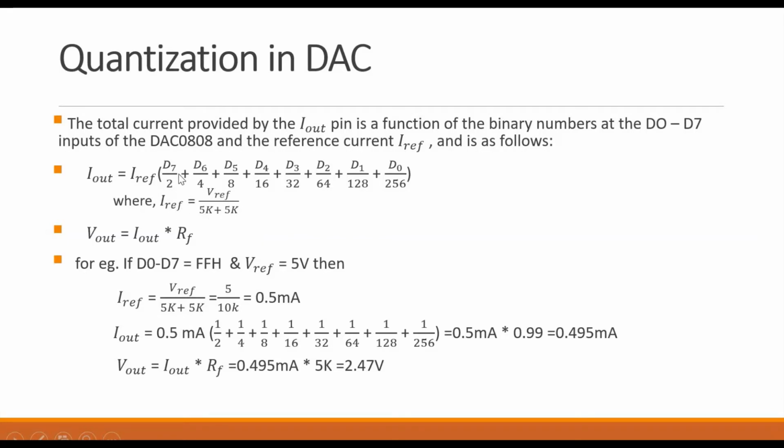Once you know I reference, and the digital data that you have given from the microcontroller, this will be the distribution of your word bit: D7 by 2 to the power 1, D6 by 2 to the power 2, D5 by 2 to the power 3, D4 by 2 to the power 4, D3 by 2 to the power 5, 6, 7, 8, that way.